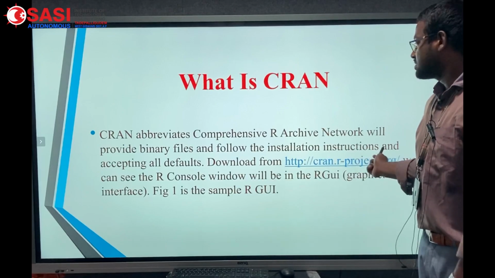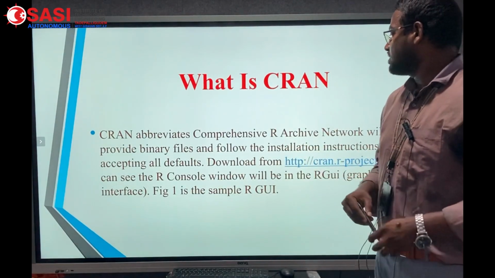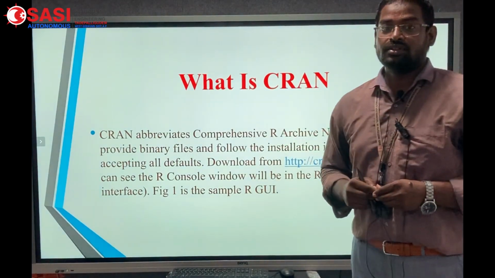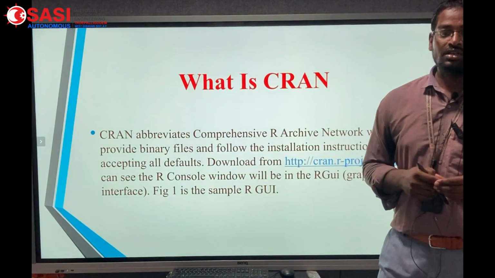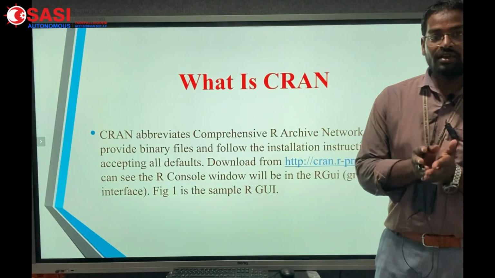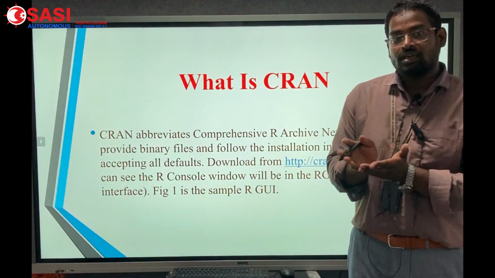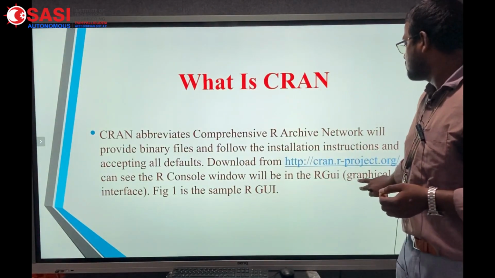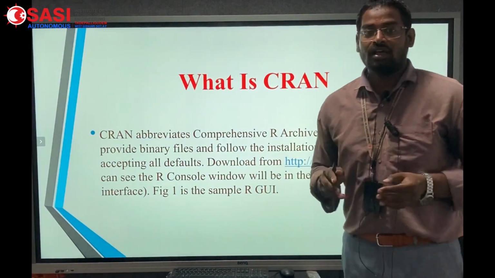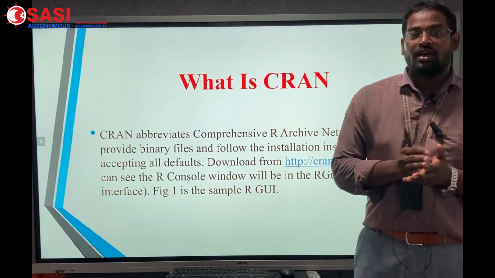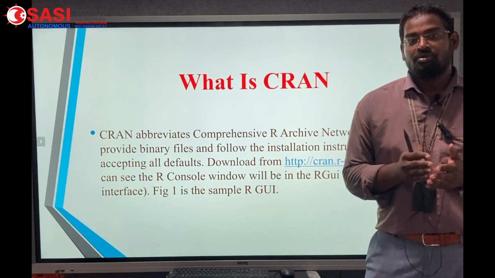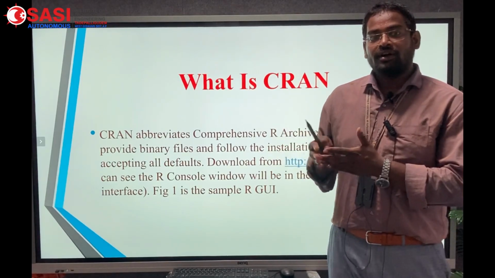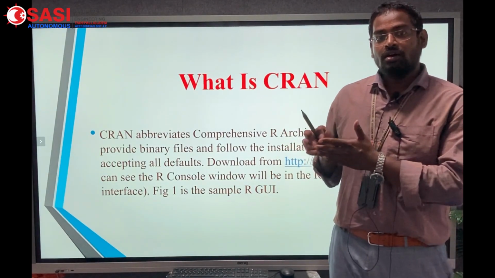So the Comprehensive Archive Network will provide binary files and follow the installation instructions, accepting all defaults. This Comprehensive Archive Network will give all the packages or modules that can be downloaded along with the software. Along with CRAN, we also have RStudio. RStudio is an integrated development environment that supports writing and executing R